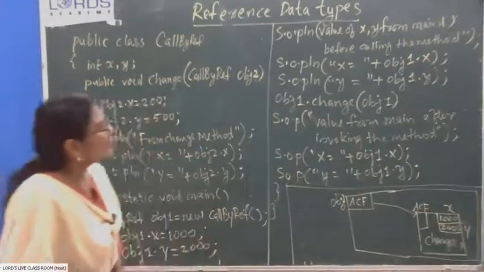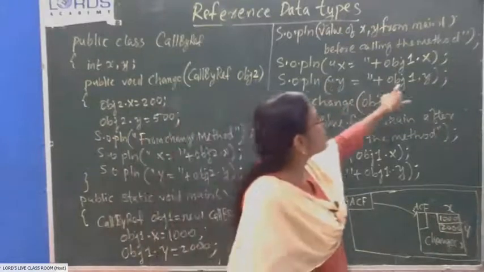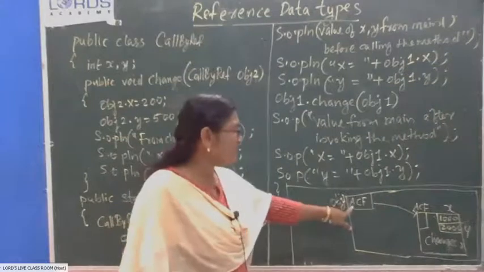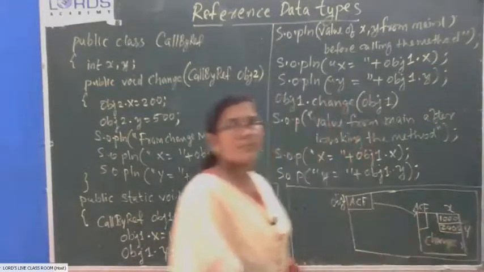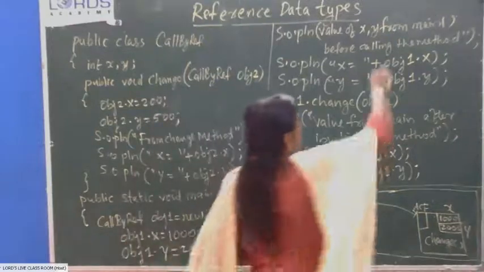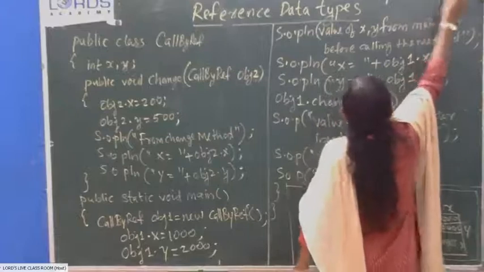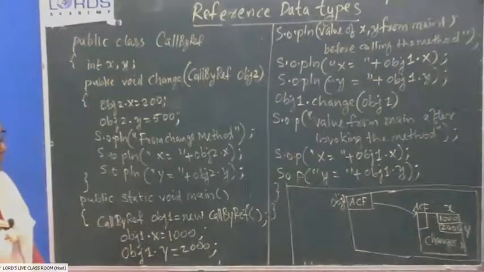And then the next statement is system.out.println y equal to obj1.y. Go to the location which is pointed by obj1. Come to this object and go to the location named y. From there take the value and print. So y equal to 2000. Y equal to 2000 is displayed on the screen. Now